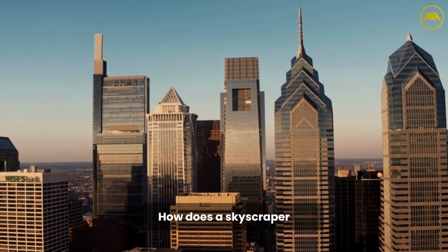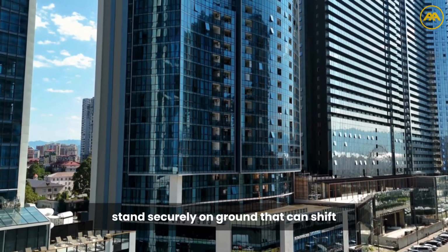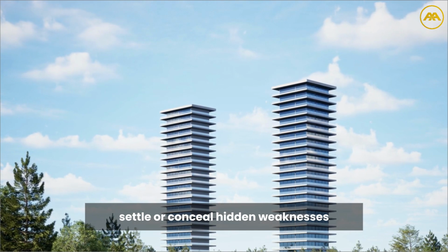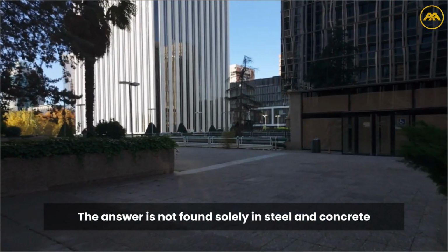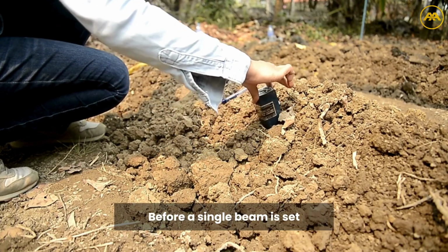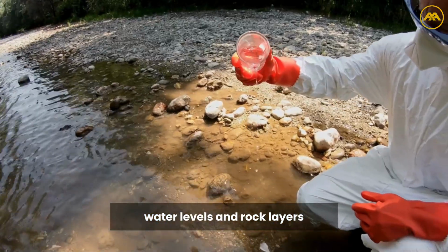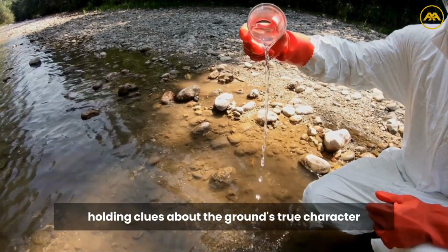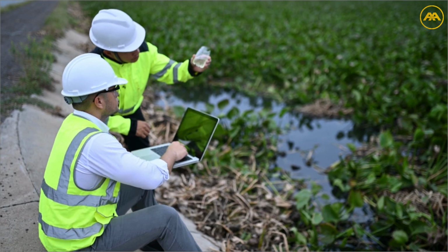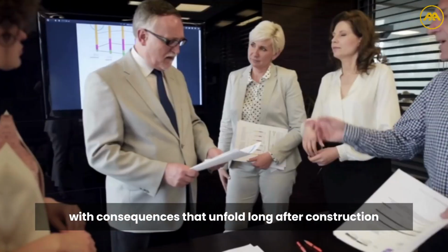How does a skyscraper weighing hundreds of thousands of tons stand securely on ground that can shift, settle, or conceal hidden weaknesses? The answer is not found solely in steel and concrete. Before a single beam is set, engineers scrutinize soil reports, water levels, and rock layers, each detail holding clues about the ground's true character. Miss one clue, and a bridge could crack or a skyscraper could tilt, with consequences that